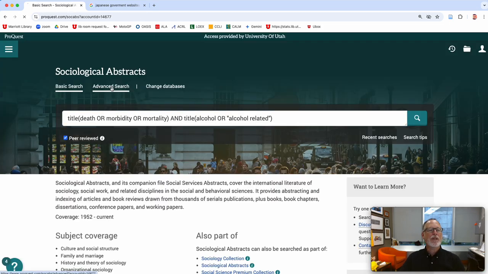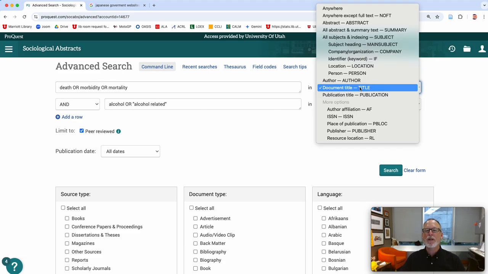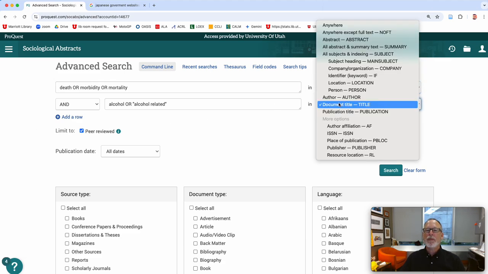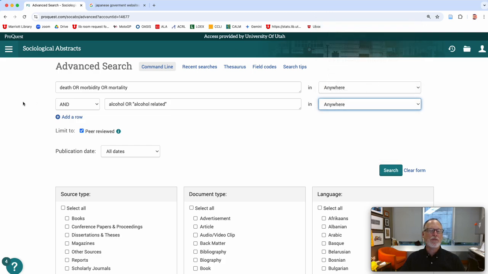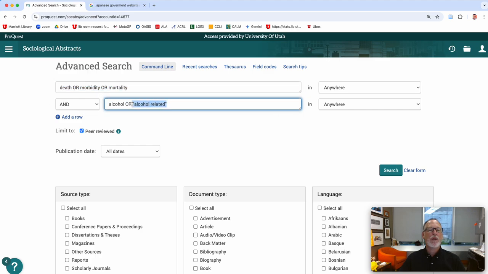Oh, and here you can see, it just takes all the anticipation out of it if it remembers what I did. So these are scholarship using these data. So you might find sources in the references. But I don't know if they're talking about death or morbidity or mortality, or if it's alcohol or alcohol related, or the British call it drink driving or drunk driving.